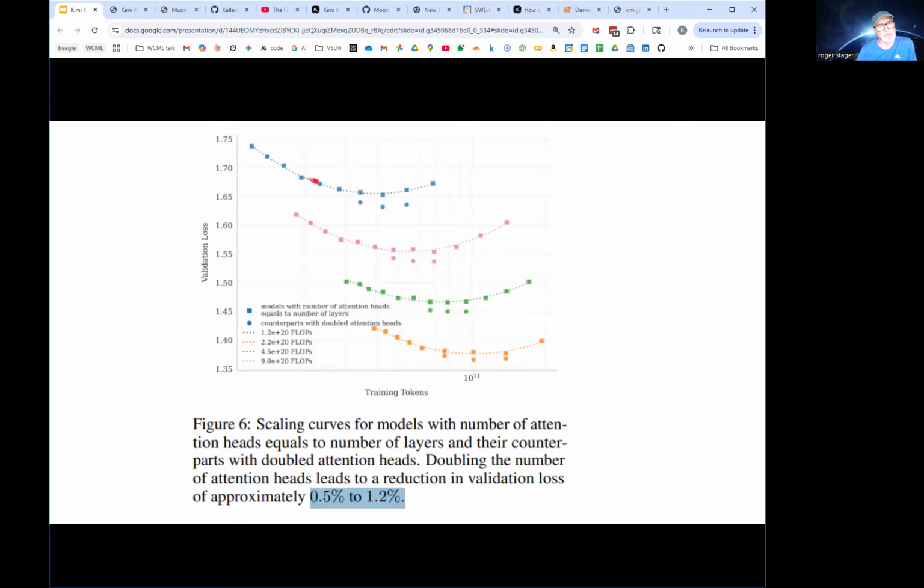So these are the Kimi models, and these are the double attention, and that would be the DeepSeek model. There's a small gain in validation loss, but they didn't think it was justified. I'm guessing the colors are supposed to be blue, purple, green, orange, but it seems reversed. Yeah, it looks like they made a mistake there. The main thing is you're supposed to compare the squares to the circles, and they say the circles are slightly better, but at quite a cost.